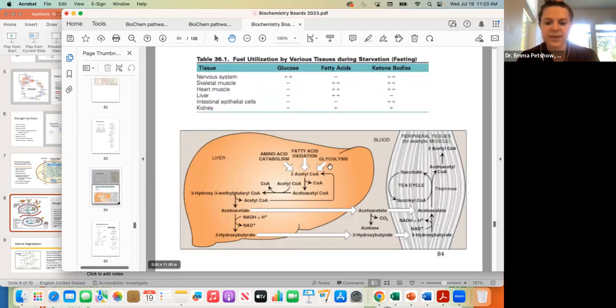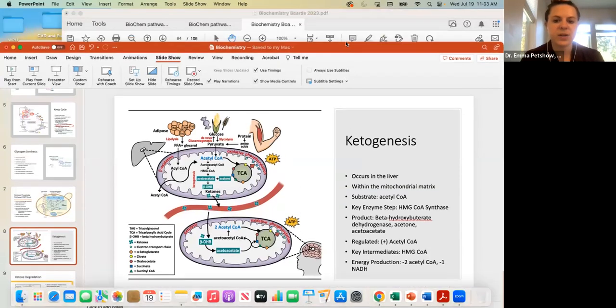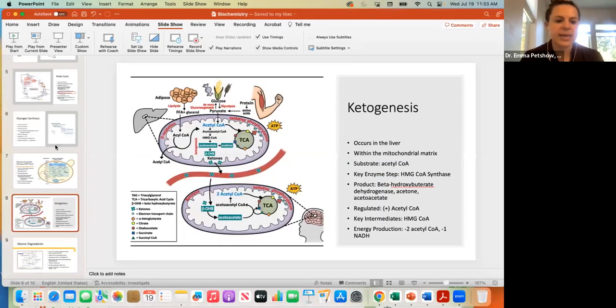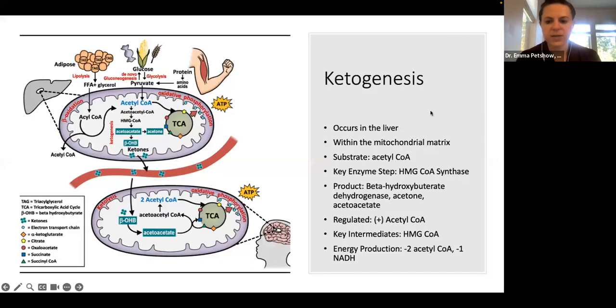This process here, we can see our liver process over in this section. This is peripheral tissue / blood. And then this is actually peripheral tissue, so for example, muscle or the heart, etc. I'm going to go back to my main PowerPoint, the biochemistry PowerPoint we started with. We were on this before in the first hour, and we're going to go into ketogenesis, the generation of ketones.